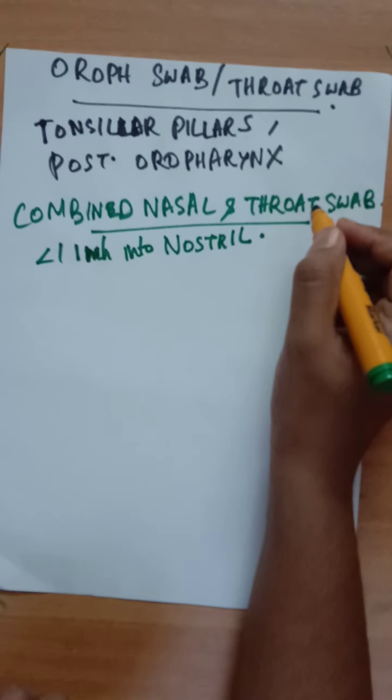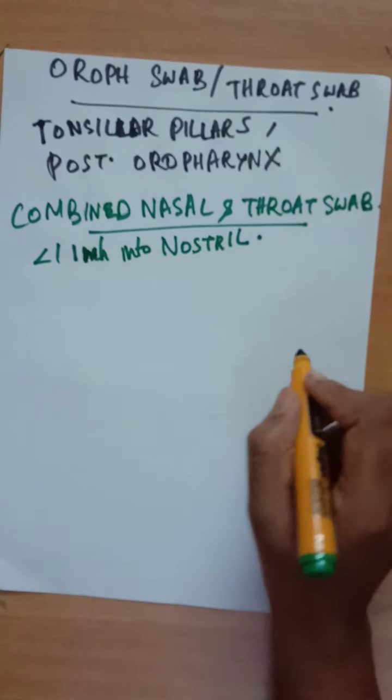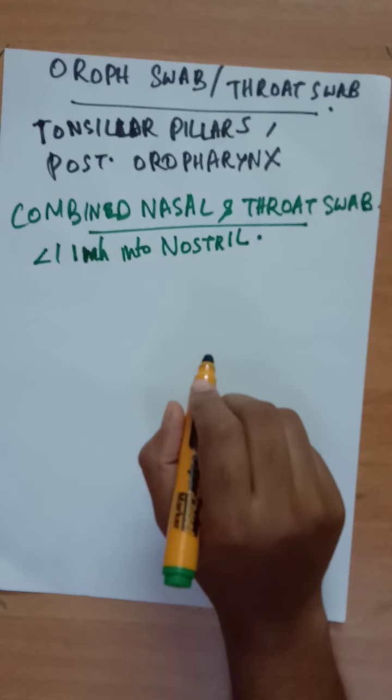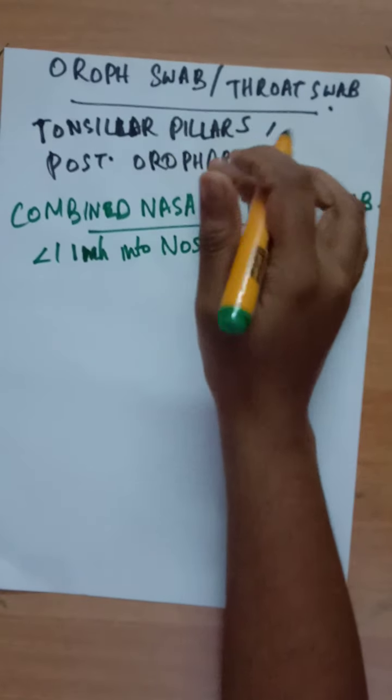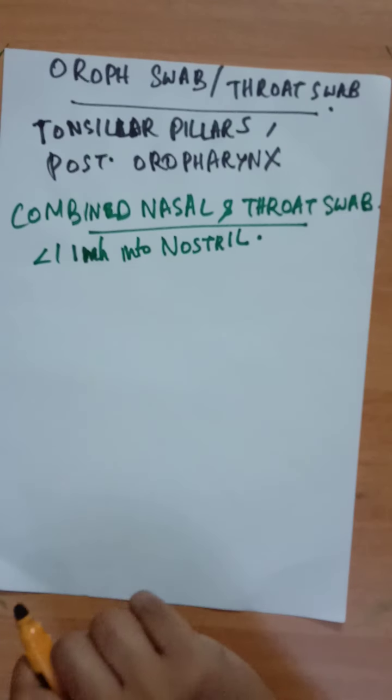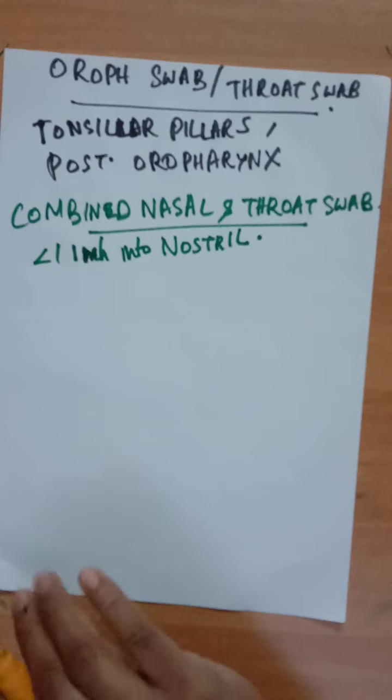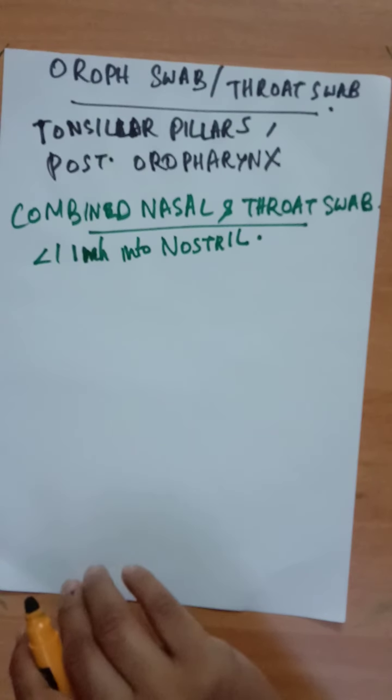Place the tip of the swab into a sterile viral transport media tube and cut off the applicator stick. For the throat swab, take a second dry polyester swab, insert into the mouth and swab the posterior pharynx and tonsillar area. Avoid the tongue. Place the tip of the swab into the same tube and cut off the applicator tip.